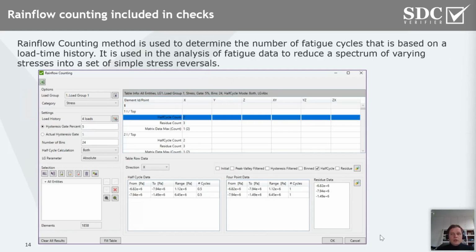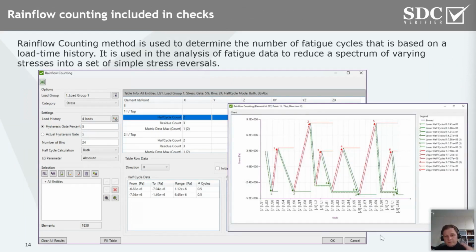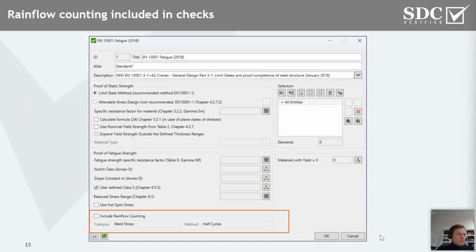It's used to reduce the spectrum of the load variation and to bucket your stresses into a set of simple reversals. This tool was in SDC Verifier for quite some time. This year we updated performance, but we have also included a possibility to run the checks of rainflow counting on multiple fatigue standards. So now in the interfaces of fatigue standards of SDC Verifier, at the bottom, you